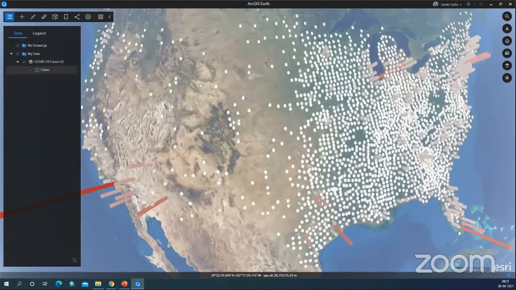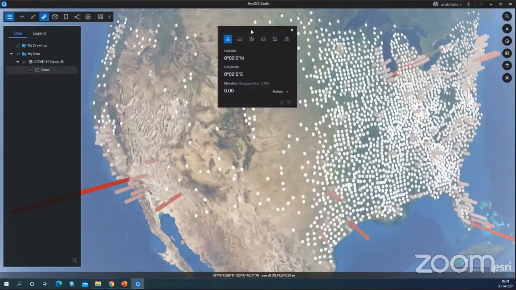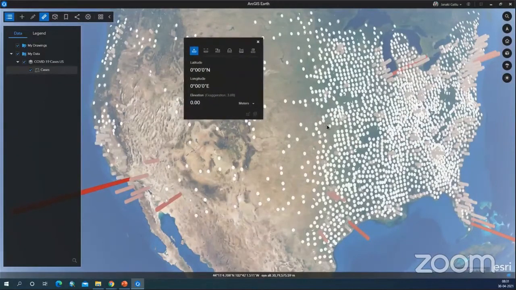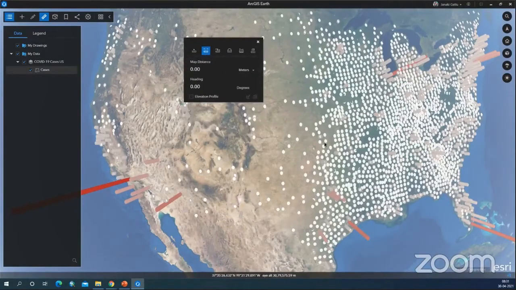And I just wanted to show you a few options here. If you want to draw point, line and polygon features, you can draw them here. And if you want to measure, you can measure, you can identify. Let us suppose you click somewhere on your map, it will show you the location. And if you want to measure the distance, just mark it and it will show you the distance, and you can change it into various units which you like. And even if you want to measure the map distance, yes, you can do that.